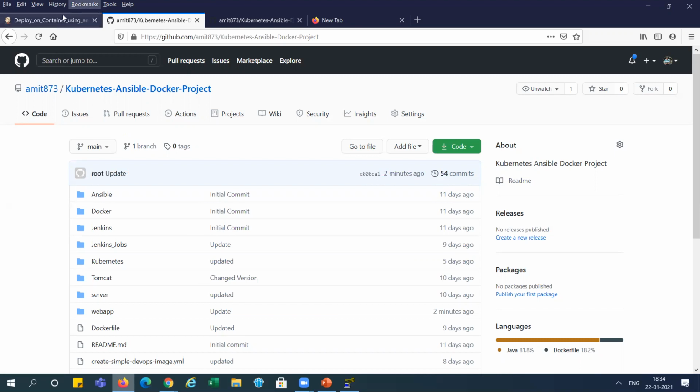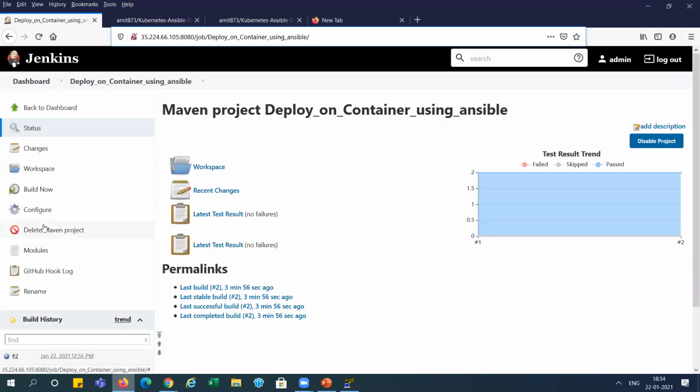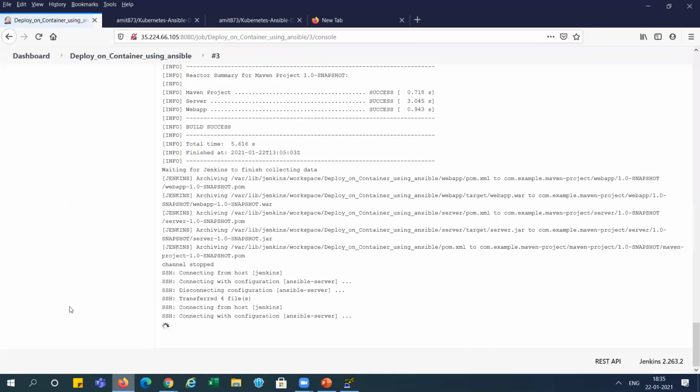And at the same time we can see here still two builds are there. You can see the third build started automatically. We have not done anything. You can see here, I'm opening it. It is started. All build is created. All 4 files are transferred. Now it is running the playbooks. We have 2 playbooks. It will run two playbooks over here, and we will not check anything directly.